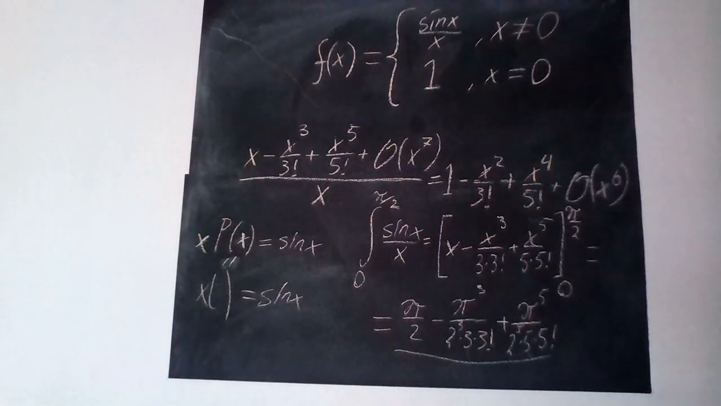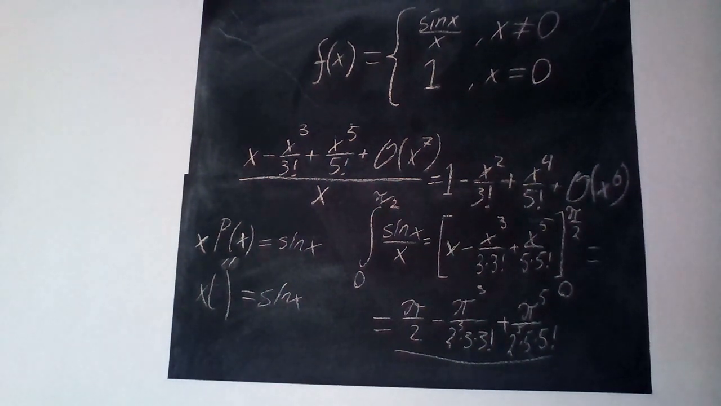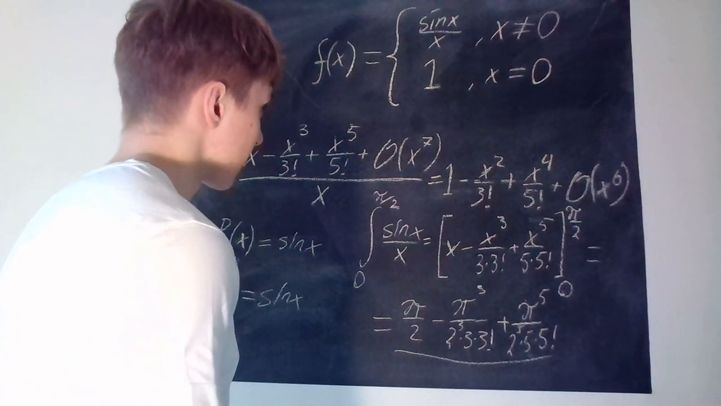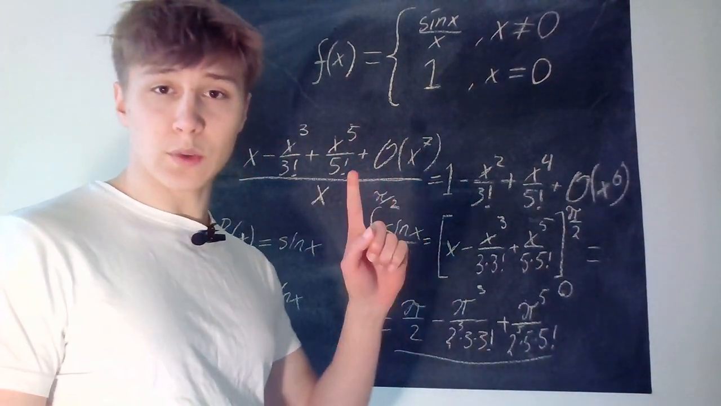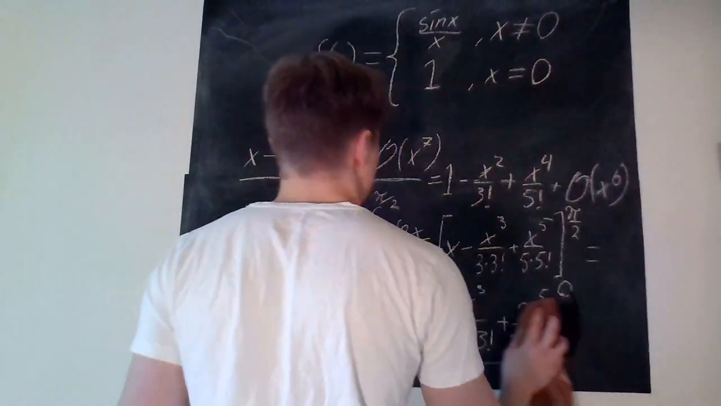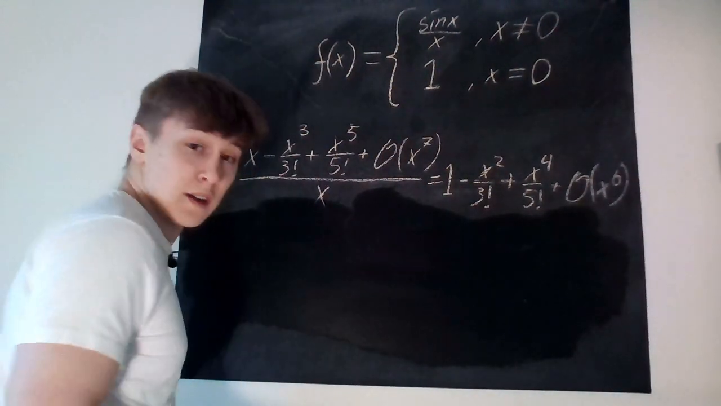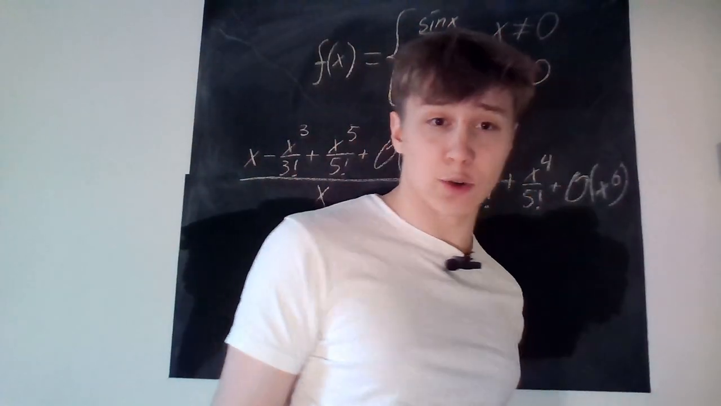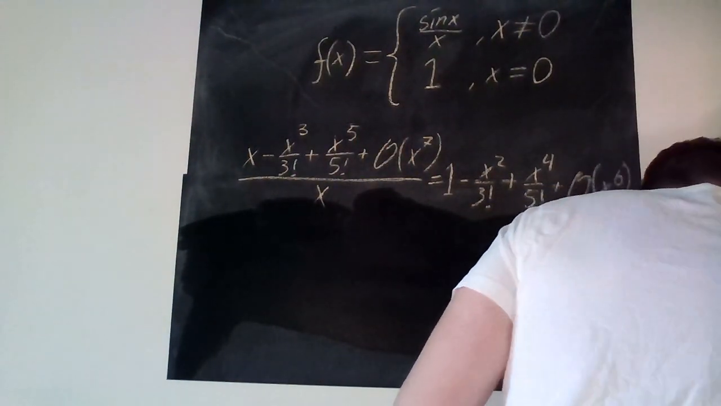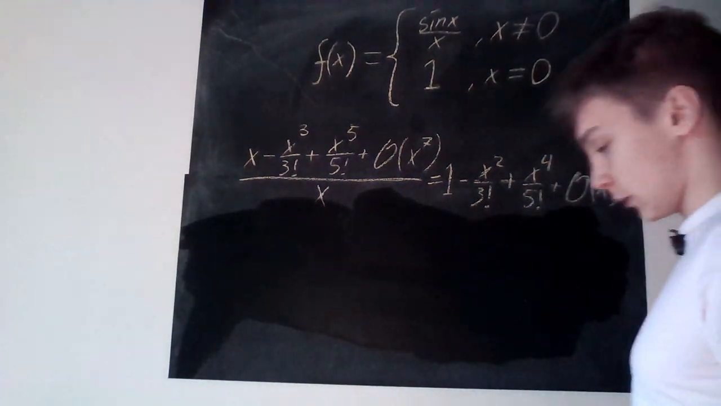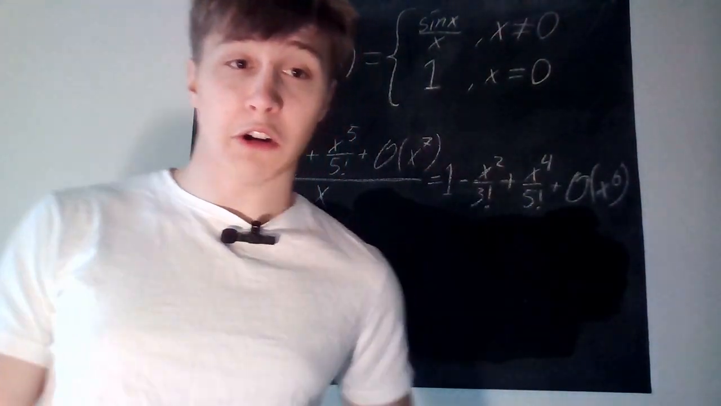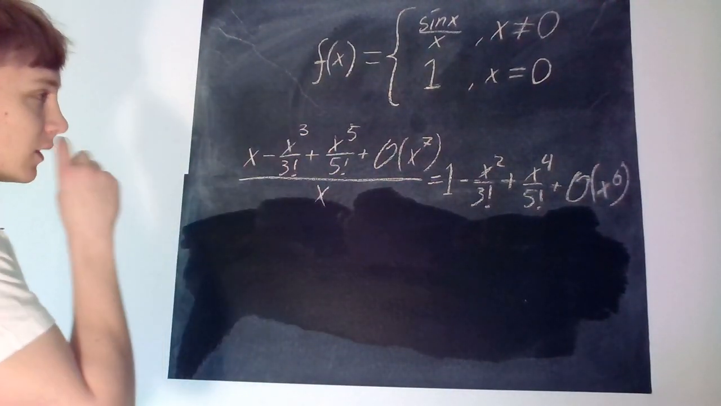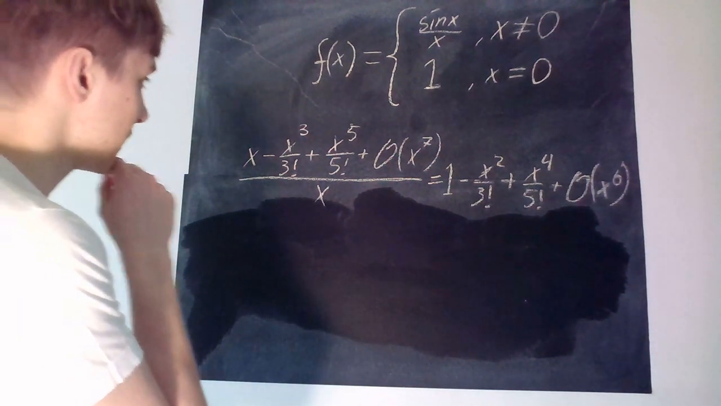And now for D, estimate the error in the above approximation. So yeah, give me 1 second. Okay, I'm back. So now we need to use an explicit error term, not just the big O here. So how do we do this? Well, we use the Lagrange error term, which would then be,